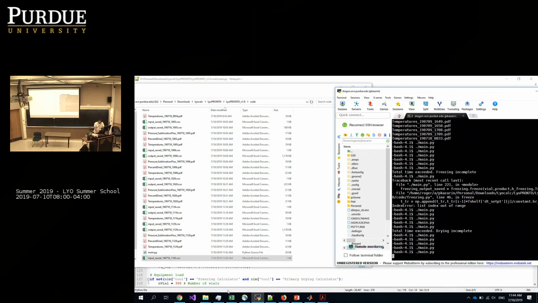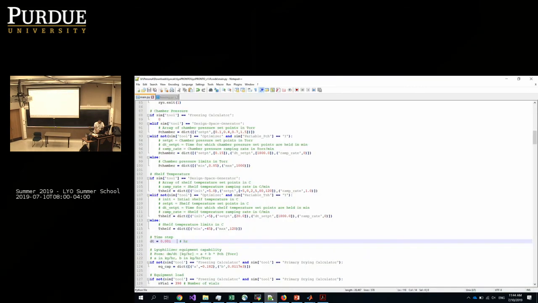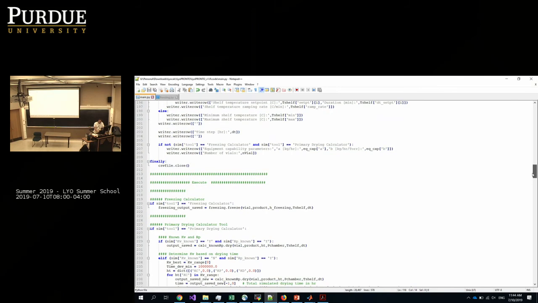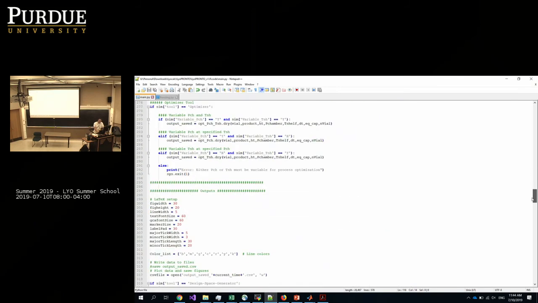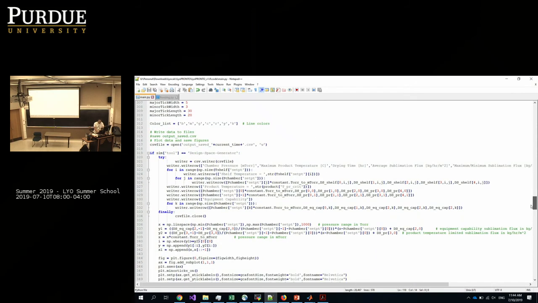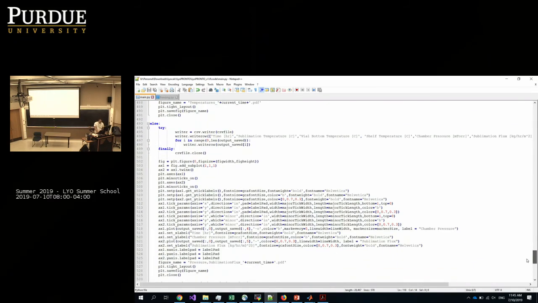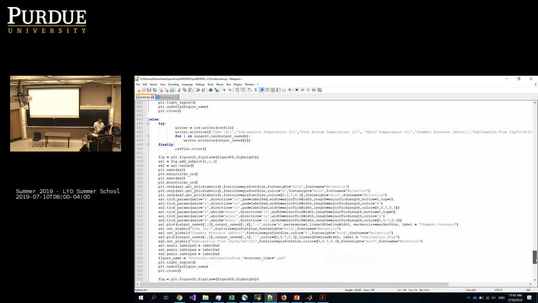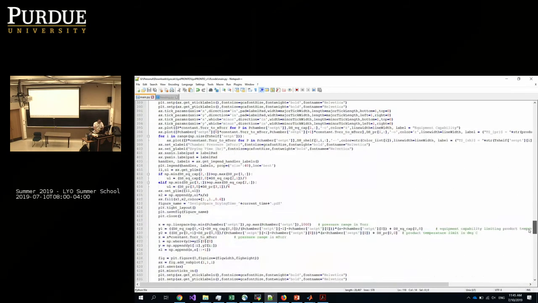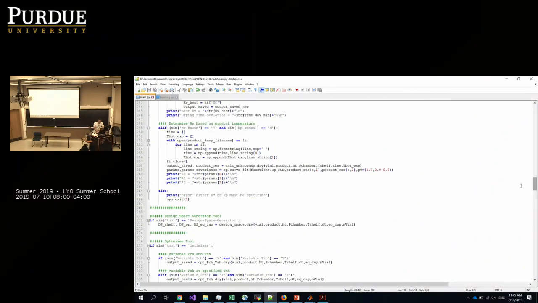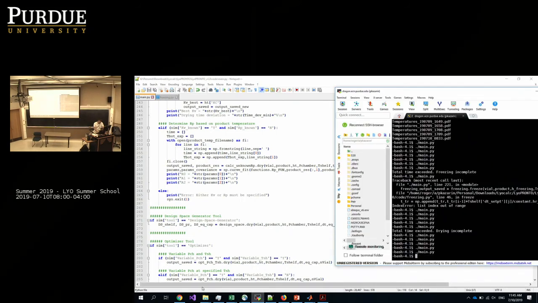So what else can we change here? We can specify any plots we want to have at the output. We can turn off this thing, so we can change any outputs. If you want to go into this Python script, all this stuff looks scary, but it's not. It's just plot generation. So everything we need is up to here. It's done. Let's look at the output.